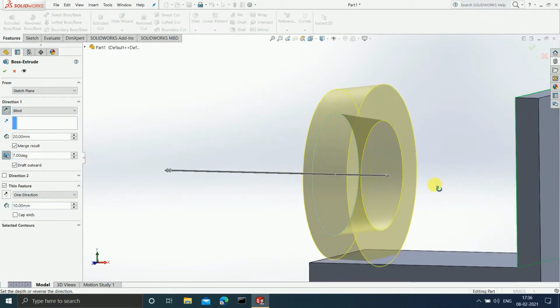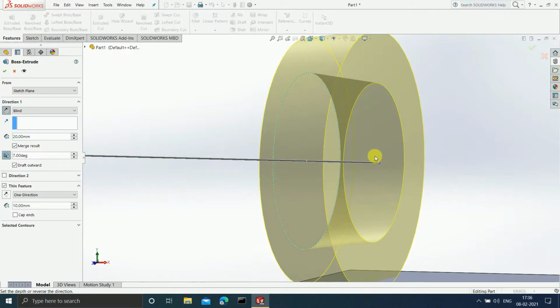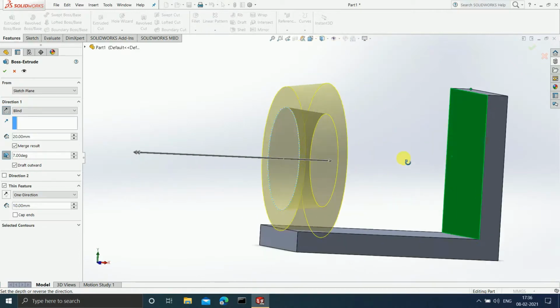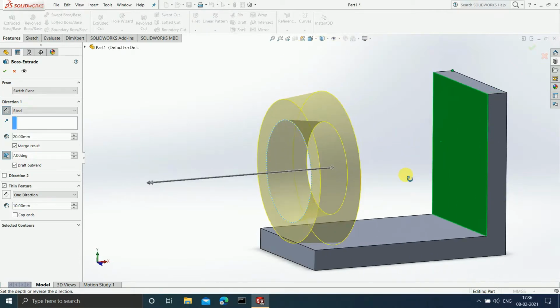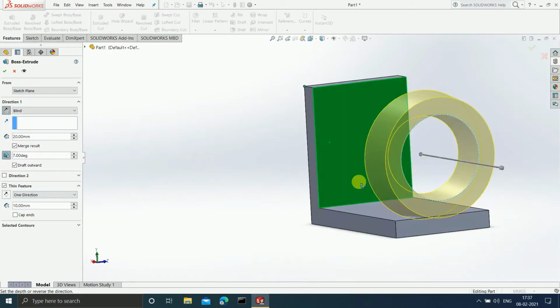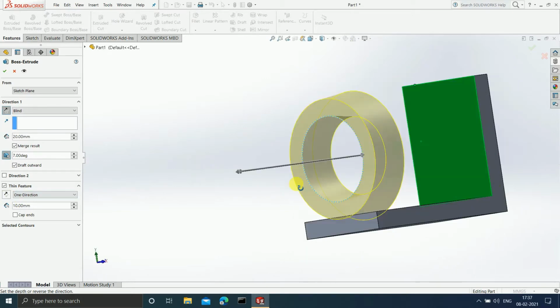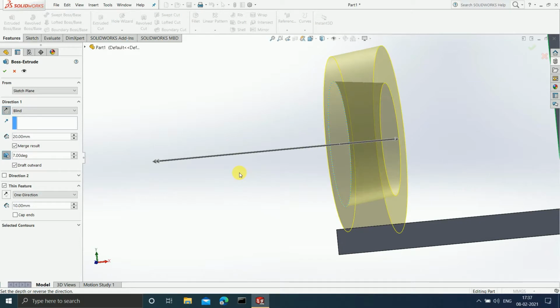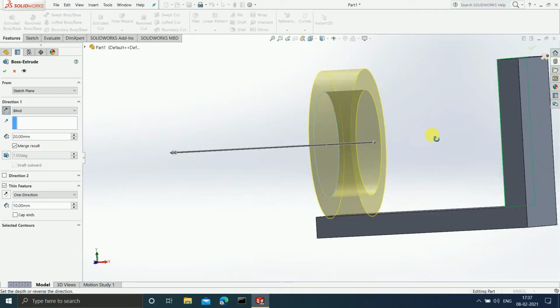See, it is creating a thin hollow surface, you can say, inside your extruded boss or base. Okay, and suppose I change the direction, see, now the thin feature has drafted itself inwards. Okay, so it is as simple as that, nothing much to worry about in this. This thin feature you can use according to your need. Let me switch off this draft command.